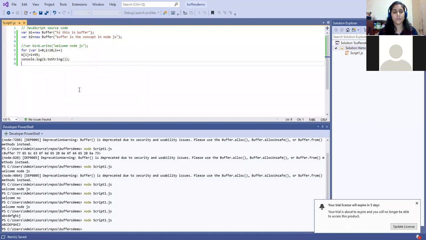As I told you, the comparison operator will give you 3 values. If the first string is greater, it will give you -1. If both strings are equal, it will give you 0. And if the second string is greater, it will give you +1. So what will be the output over here? The second string is greater, so it will give me the 1 value. Okay, so let us see the output.